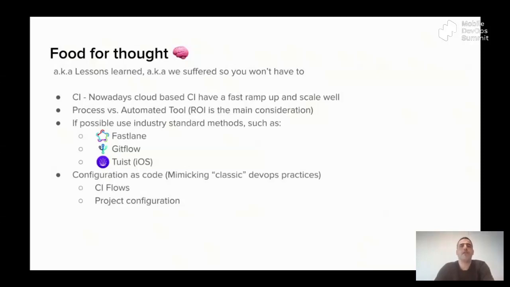And mimicking DevOps practices, where you have infrastructure as code, having configuration as code, whether it's your entire CI pipeline in version control, or project configuration in the case of Tuist, in our experience greatly improves both the predictability of the builds, the stability of your entire pipeline, and ultimately improves the dev experience, even as you scale throughout the progression of your company.